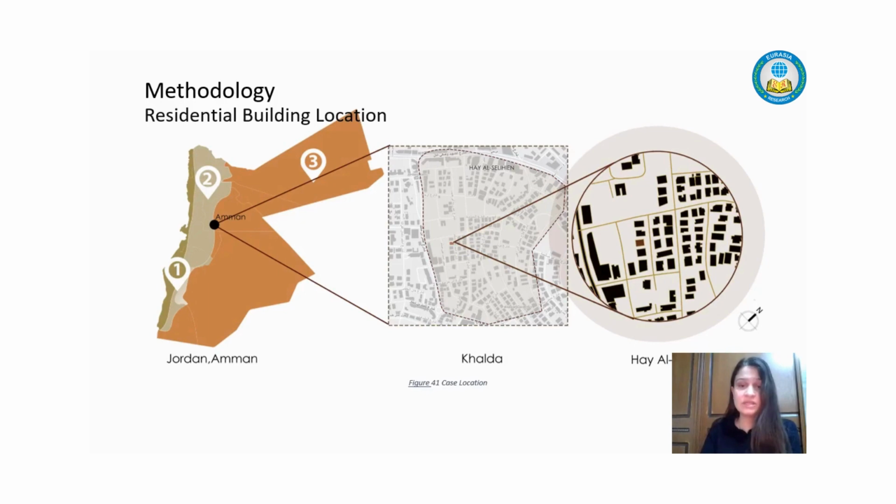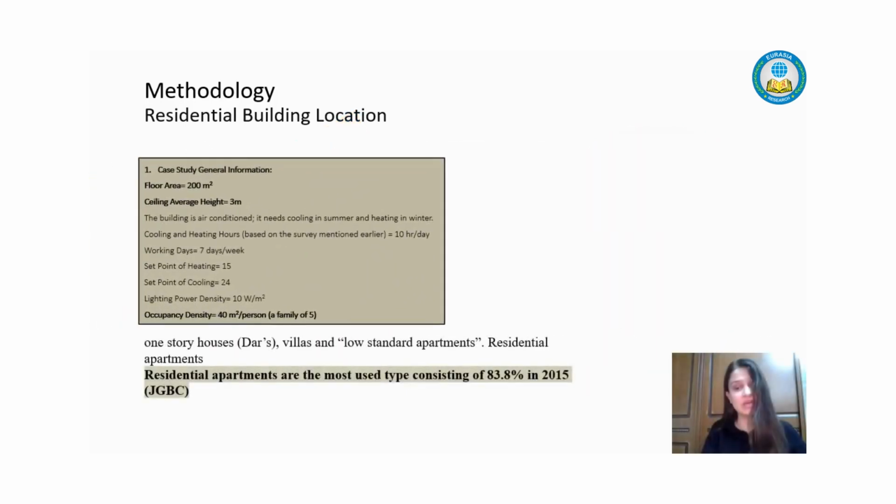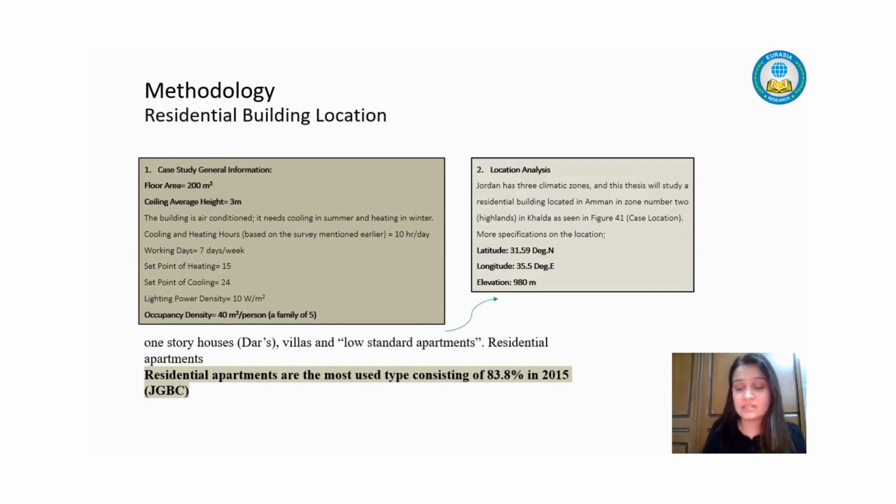I've chosen a residential apartment in Khalda, which is a neighborhood in Amman, the capital of Jordan, in the climatic zone of lowland. Here are some specifications of the residential building. I've chosen the residential building type residential apartment because 83% of the residential buildings in Amman are residential apartments. More specifications,